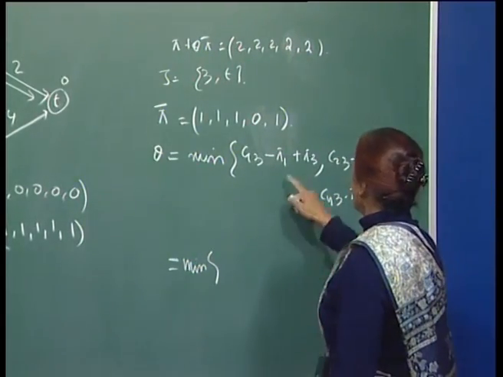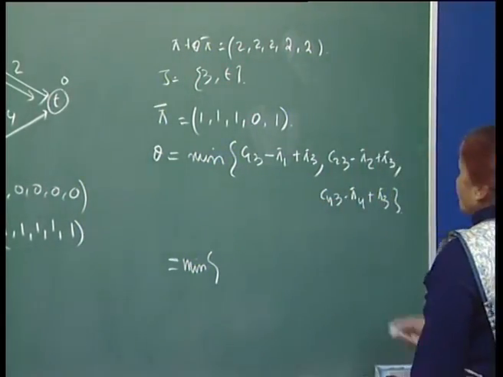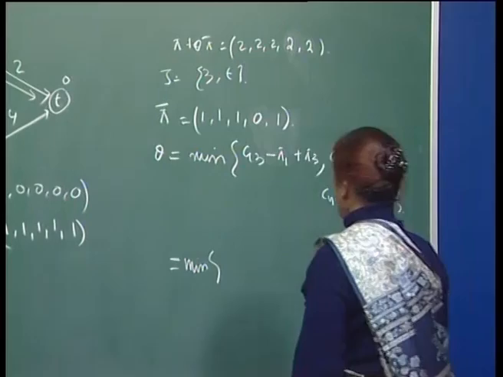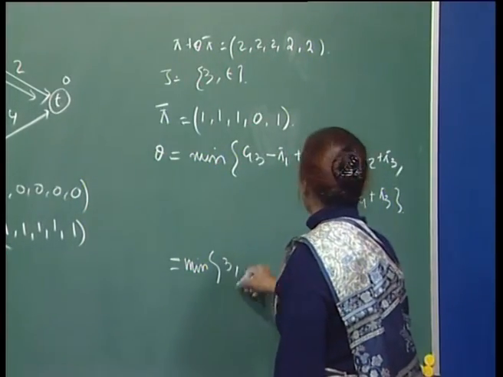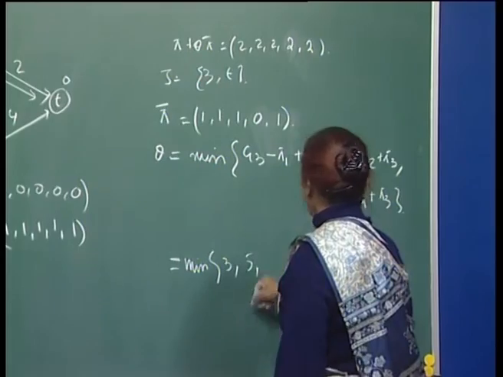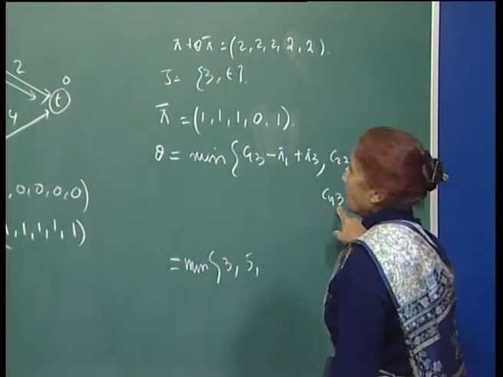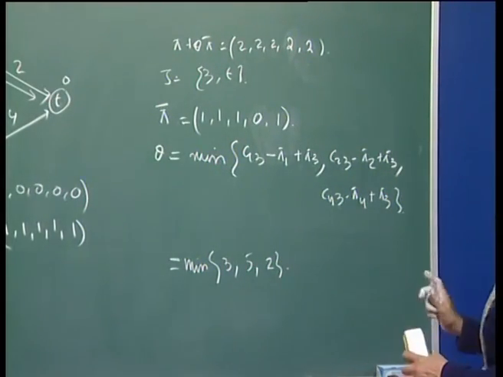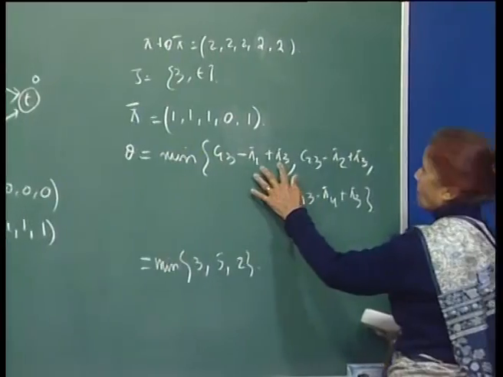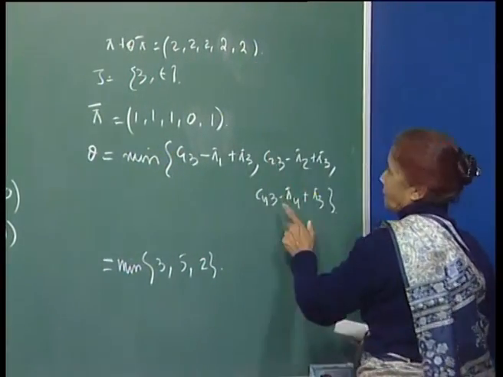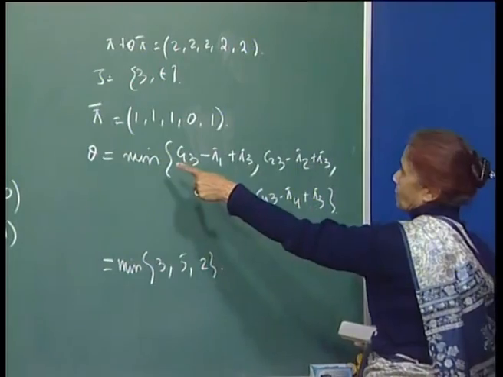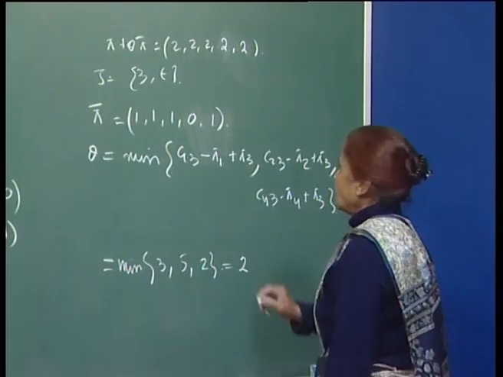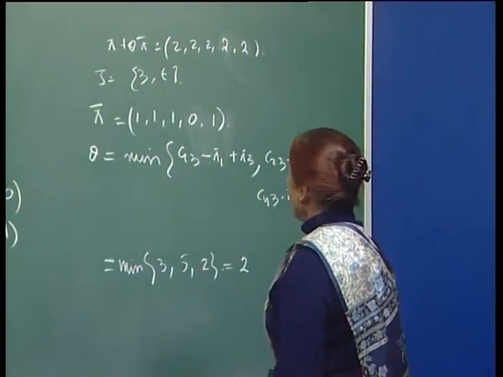Because these numbers are the same, pi 1 and pi 3, the dual solution is the same, so they do not contribute to computing the minima. It is only the Cij's which are required. So, C13 is 3, C23 is 5, and C43 is 2. So, this is 2. Your theta is 2, and therefore your new dual solution